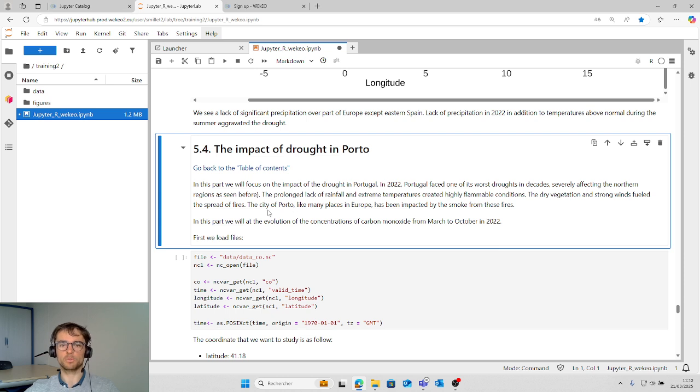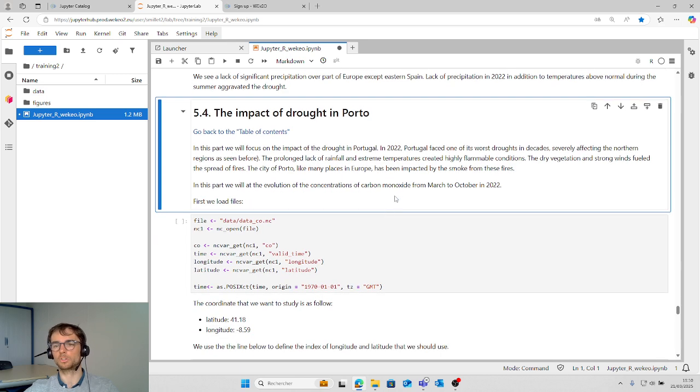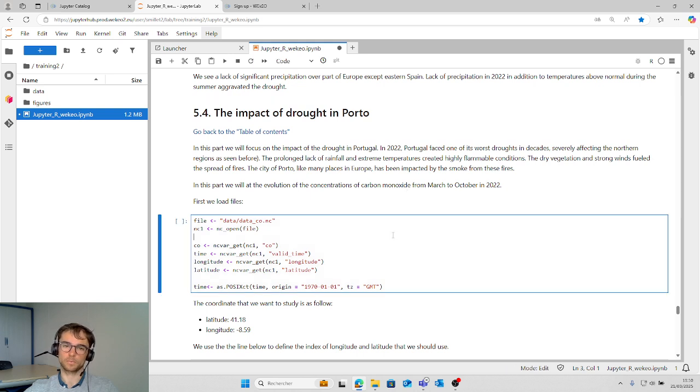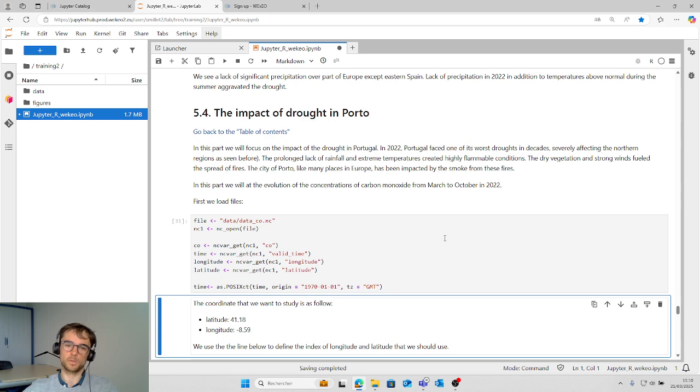The city of Porto, like many places in Europe, like in Spain, France, has been impacted by the smoke from fire. So in this part, we will look at the evolution of the concentration of carbon monoxide from March to October in 2022. First, we load the file of carbon monoxide.